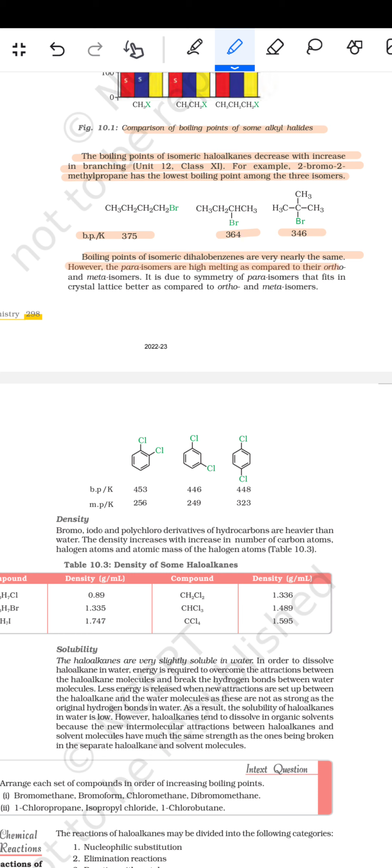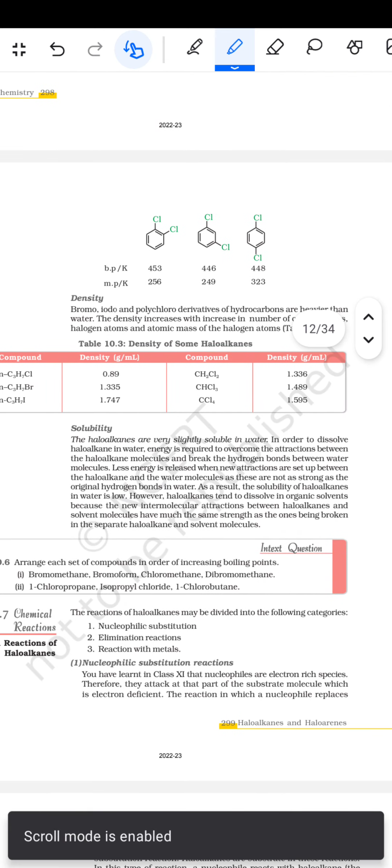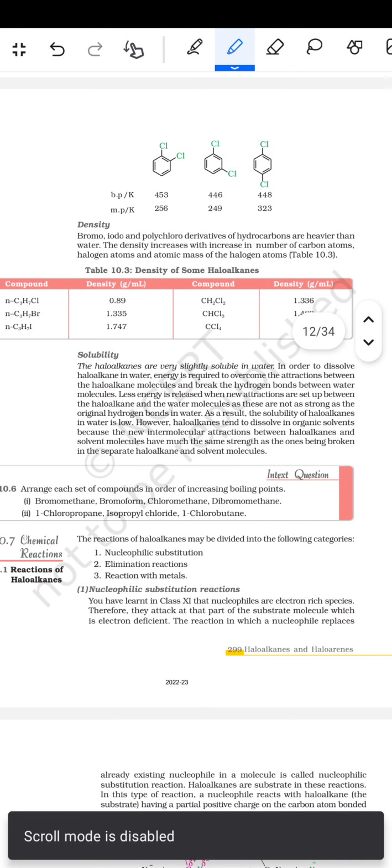the para isomers have higher melting points as compared to the ortho and the meta isomers. It is due to the symmetry of the para isomers that fits in the crystal lattice better as compared to the ortho and the meta isomers. इसके बाद आता है फिर डेंसिटी।